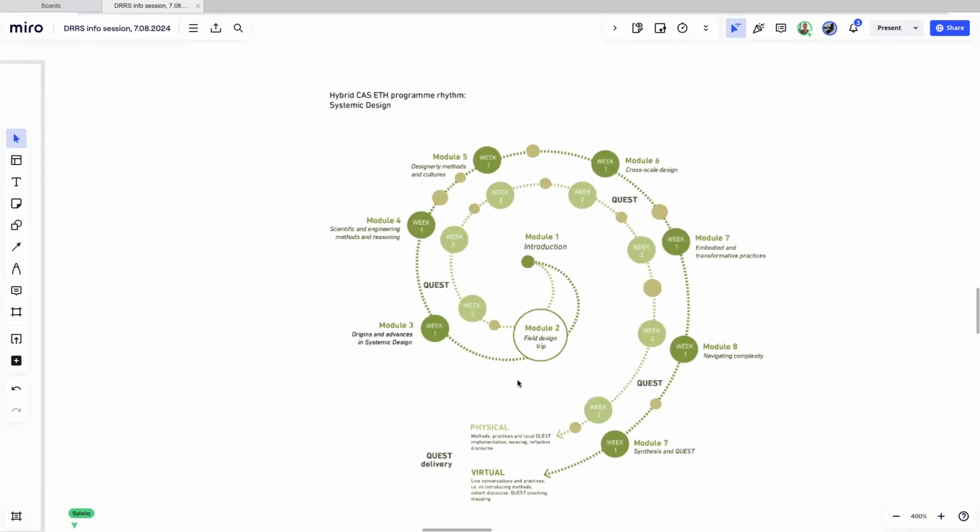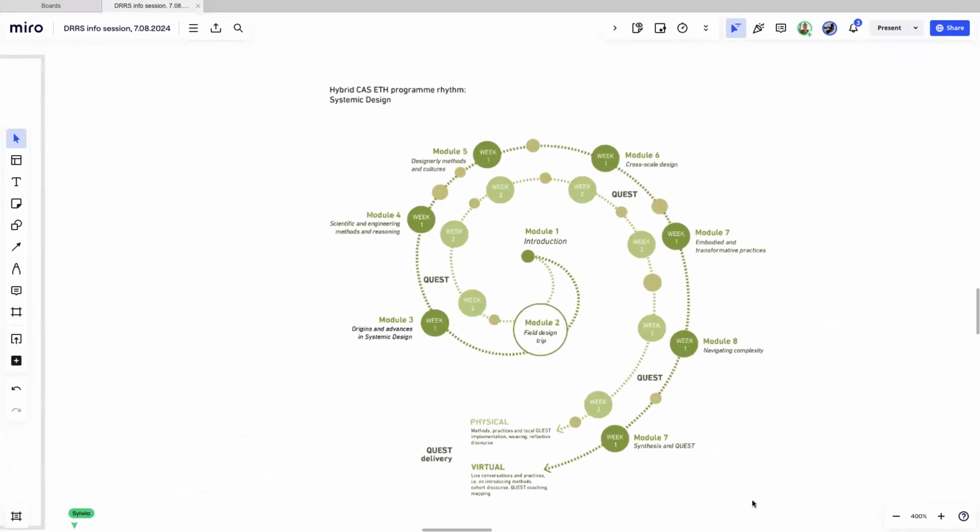Here we can see the structure of this next CAS. As Silvia said, the field design trip is right at the beginning in order to have the chance to meet together intensively in physical space. And we know from experience, and I can speak a bit from my own experience as a mountain guide for meanwhile 20 years, the physical relations, not only being together, but doing activities together that expand beyond what we would normally do in a classroom setting or office setting. For example, planting trees, kayaking, needing to support each other, showing our weak and strong moments and learning how to hold this in the group.